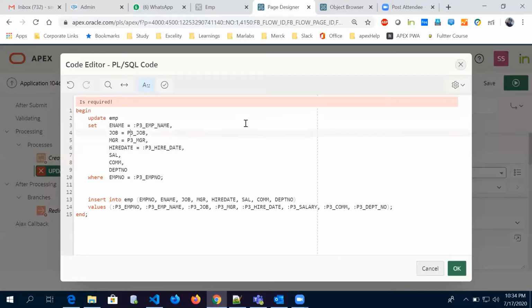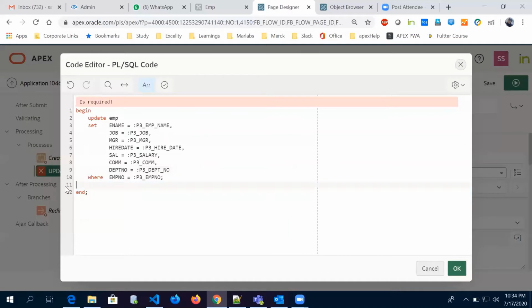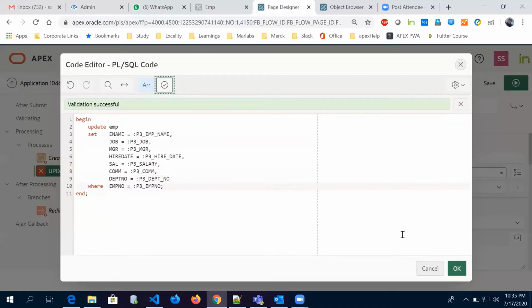Don't forget this because this is going to understand what you're going to give actually. So again, salary, then commission, and department number. This. Let's remove this code now. Okay, let's validate it. And validation successful.